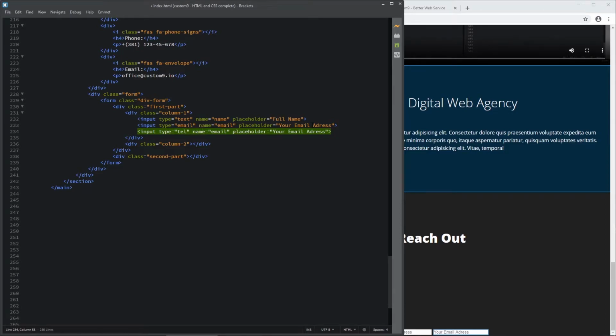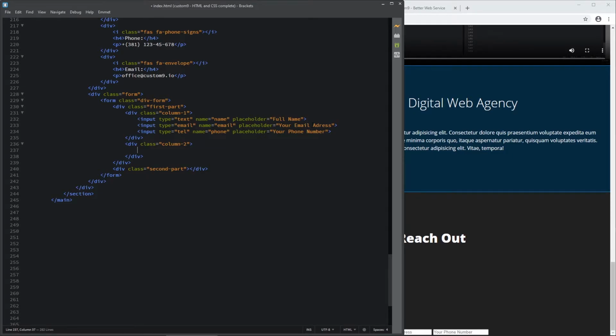Name will be phone and placeholder will be your phone number. Okay, this is for division with class of column 1, and in second, we are going to add